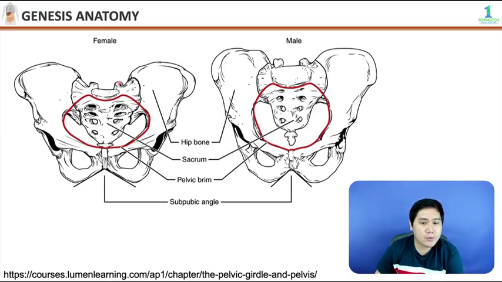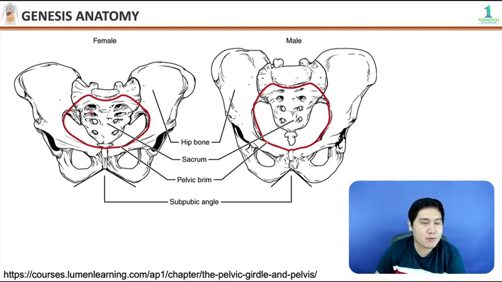Okay? So, now, there are differences between male and female pelvis. This part, you really need to know. Why? Tinatanong siya sa anatomy. Tinatanong siya sa legal medicine: how will you differentiate an autopsy of the pelvis kung male or female? Tinatanong rin siya sa OB: how to differentiate male and female pelvis? Pelvis anatomy. Okay? And more importantly, tinatanong na rin siya